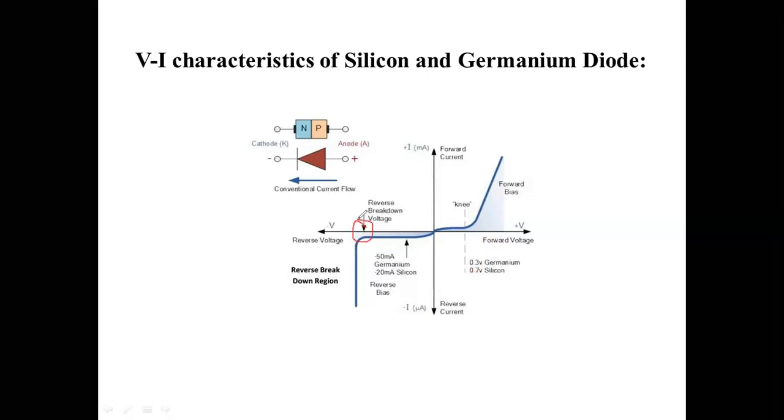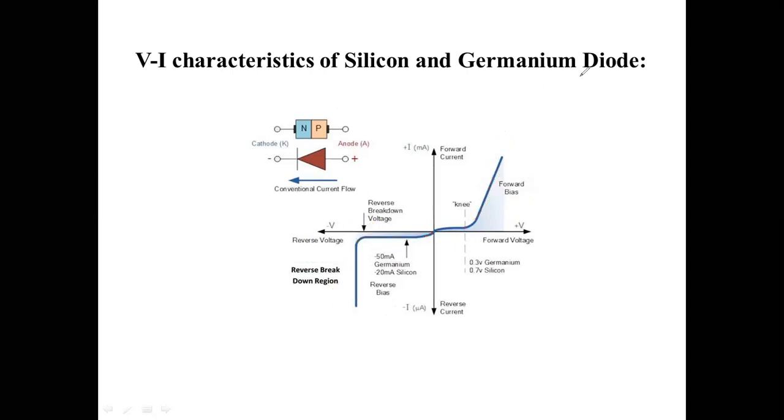This is the breakdown voltage, and this is the reverse breakdown region, and this is the forward bias region. Current increases exponentially after the on state or the threshold voltage; till then current increases very slowly. Here also, the current in the reverse direction, or leakage current, increases very slowly. As the voltage crosses the breakdown voltage limit, the junction breaks and the current increases very rapidly in the reverse direction.